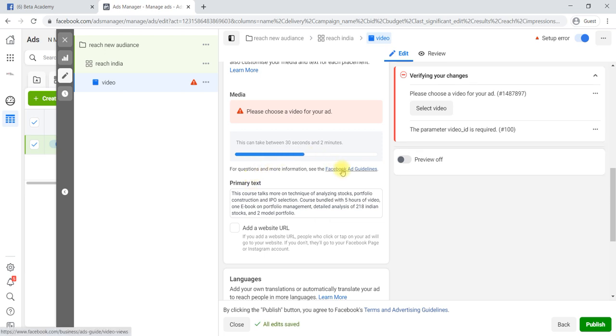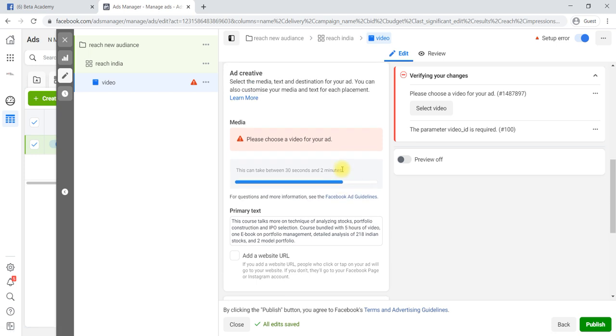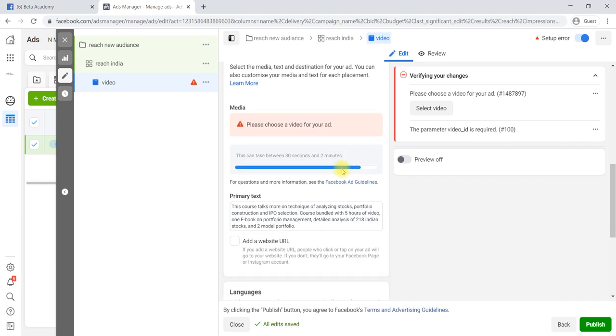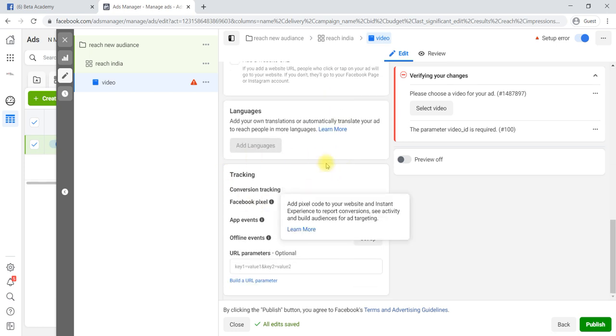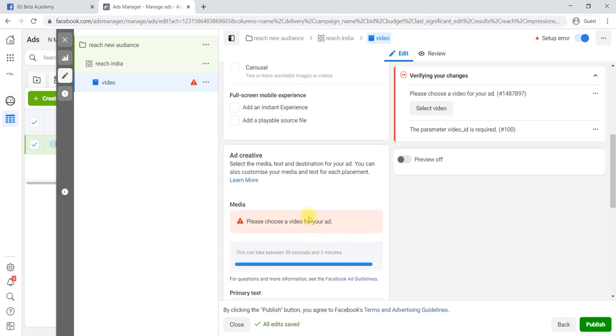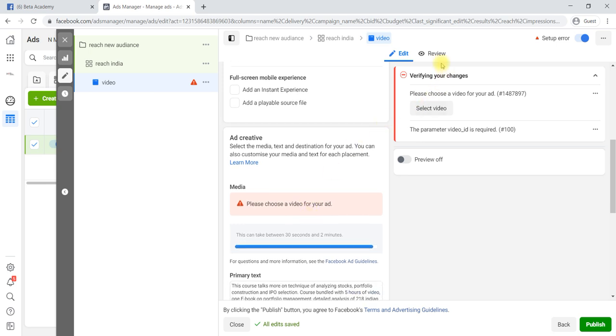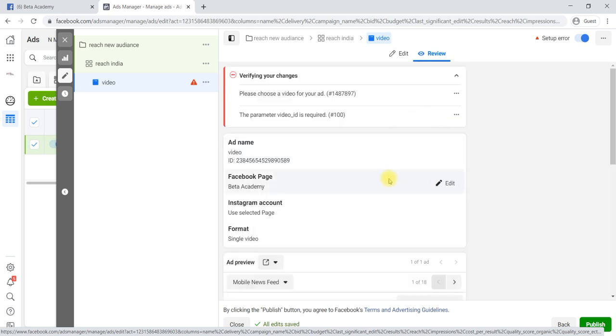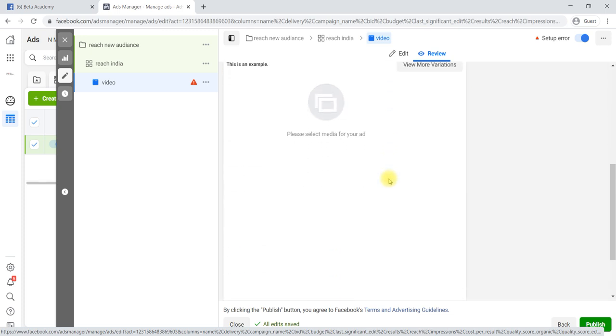We are going to change it to a video, that entire images. Then here you can see tracking, we already have tracking, then we can say publish. Okay, so that your ad will be created. You can review your ad. You can check how your ad will look before publishing. Okay, here it will show your ad, everything.